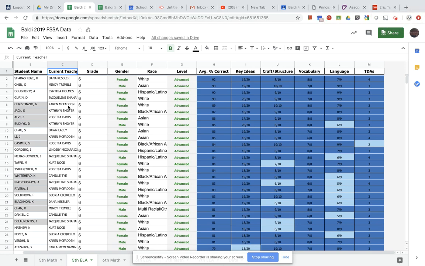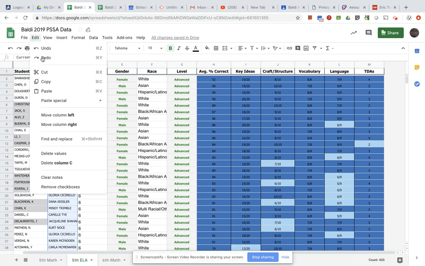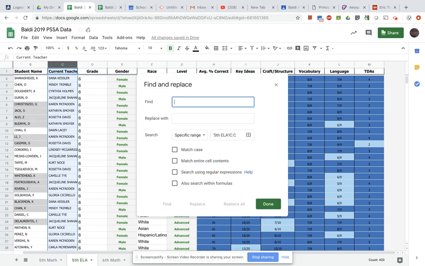And so if I wanted to, for example, change this teacher's name into a section number, I can do that same function here. I can hit edit, find and replace, and then that teacher's name was Dana Kessler, and Dana's